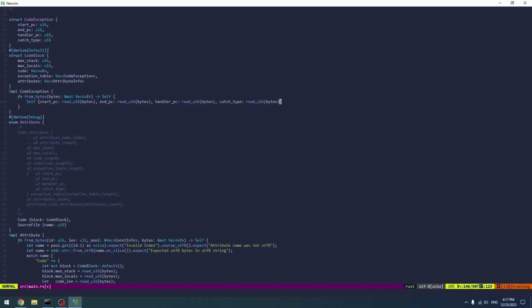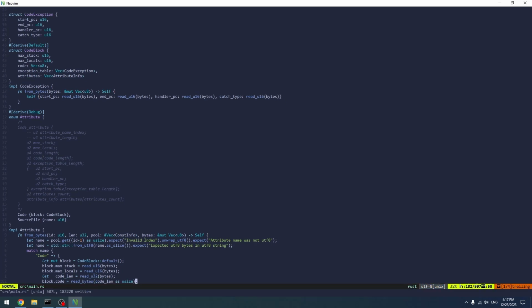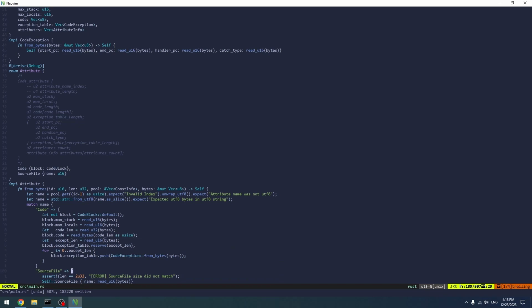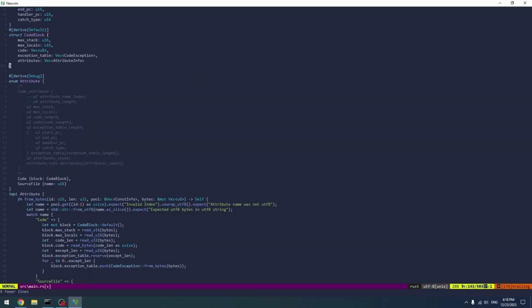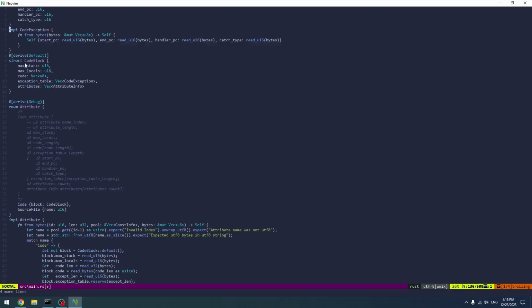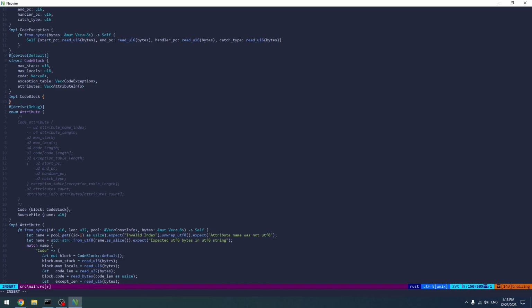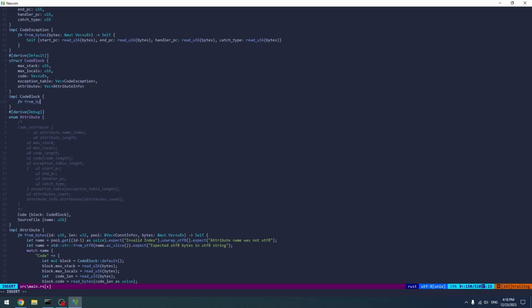And read u16, right? That's it. And then from the code exception, we parse that, we push it into the exception block stuff. Which I guess, now that I really think about it, if we want to follow our structure, we probably should just have a function like from bytes, a method for creating code blocks out of bytes. So fn from bytes